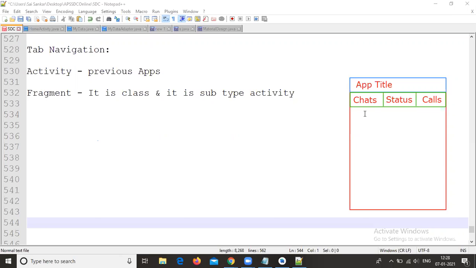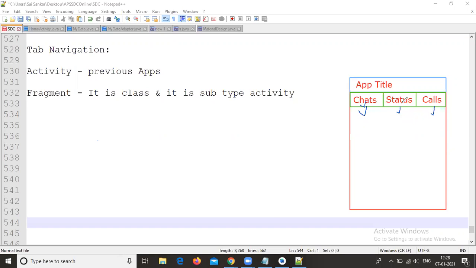Here we need to display a group of fragments. If you observe clearly, the app contains a Chats fragment, a Status fragment, and a Calls fragment. We can display these three fragments, but we are working with only one fragment at a time. If you want to work with only Chats, only the Chats fragment will be in active state.